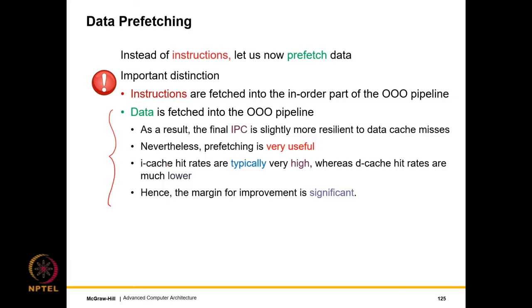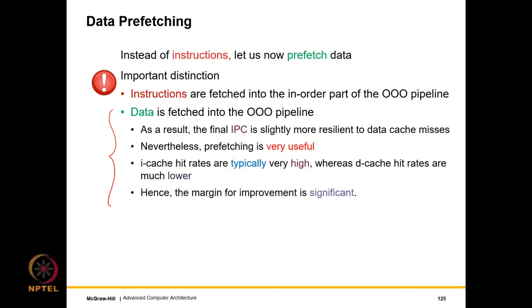And this resilience is primarily because if, let's say, a given load instruction misses, we might find a sufficient number of instructions that are independent of the load, which can nevertheless execute, and their consumers can execute, their entire forward slice can execute, and they can keep the pipeline busy, right? So iCache hit rates are traditionally very high. That is also because of the pattern of the code. Dcache hit rates are in comparison lower.